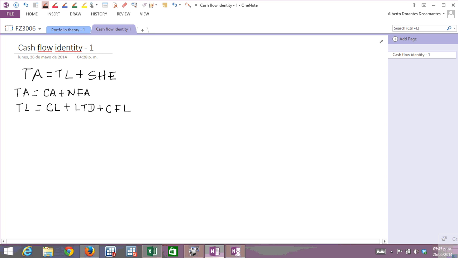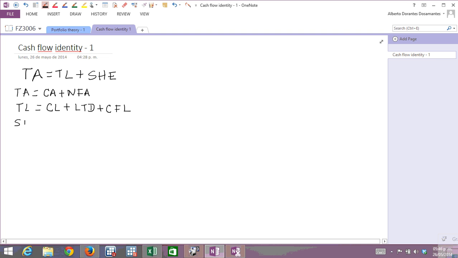Okay, remember that current assets are those assets that can be liquidated in the short run, in 1 month until 3 months or 6 months. And next, fixed assets are just assets that last for a longer time. Current liabilities are debt that we've got to pay in the short run, and these two are related to debt. We can say that this is long-term debt and this is short-term debt. Okay, if I continue